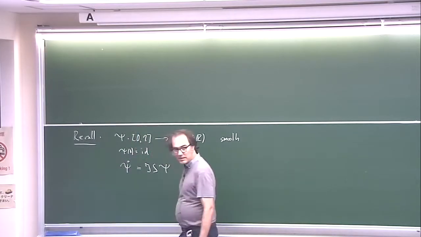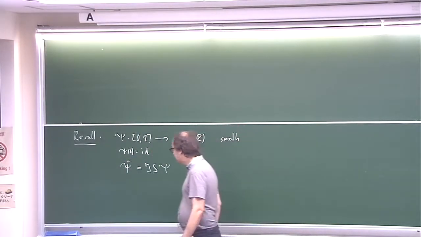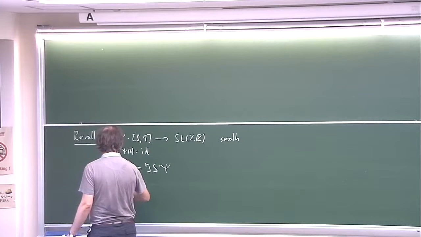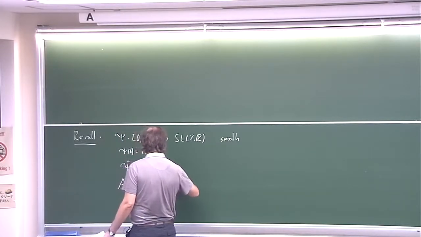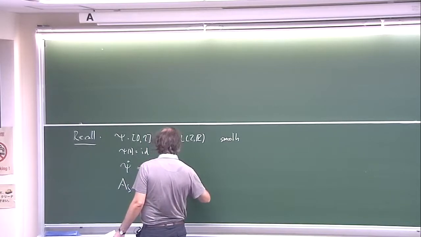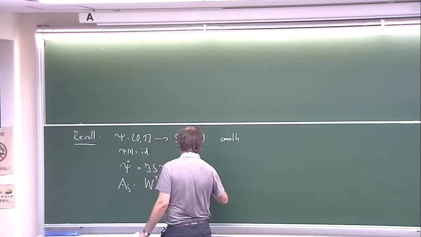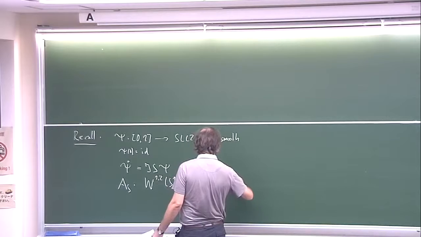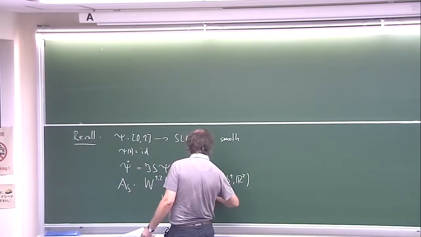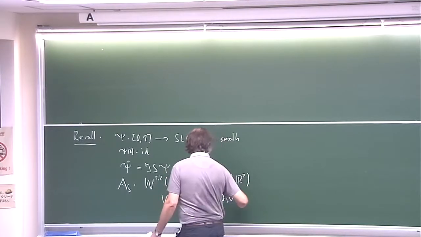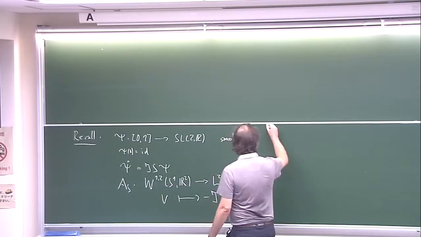J is just multiplication by i, and then we have the operator A_S from W^{1,2}(S^1,R^2) to L^2(S^1,R^2), v goes to minus J d_t v minus S v, and